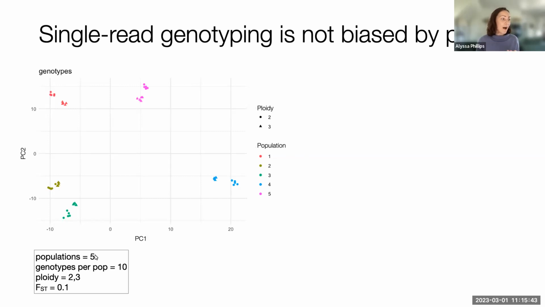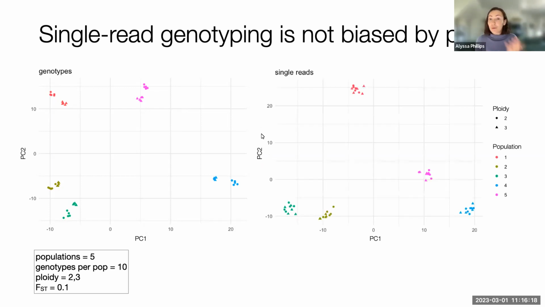So we simulated 5 populations, 10 genotypes per population, 5 diploid, 5 triploid, with an FST of 0.1. With regular genotypes, what you get when you run a principal component analysis is an artificial clustering of diploids and triploids. Although all these individuals were sampled from the same population allele frequency, this clustering happens because of excess heterozygosity in the polyploid genotypes, and this is a known common issue. With single read genotyping, we don't get these artificial clusters, and that's because we're using a binary genotype value rather than